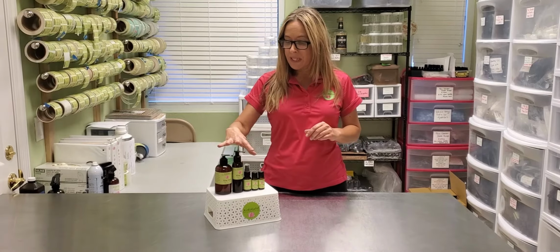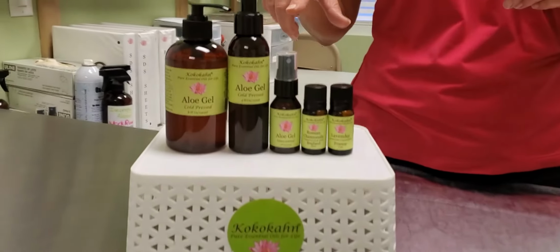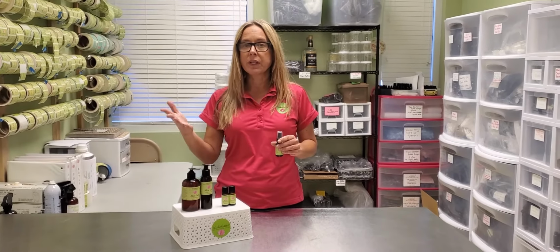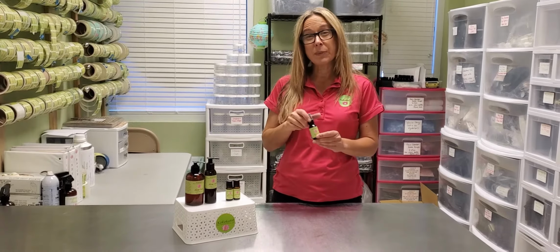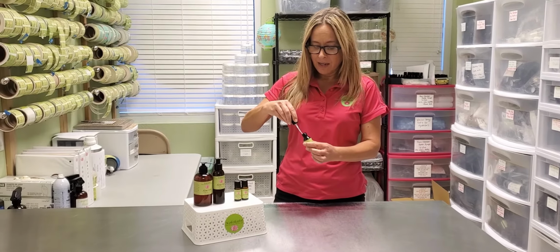We have 3 sizes of aloe gel here at CocoCon. The recipe I'm going to give you is in a 1 ounce size of aloe gel, so you can take the recipe, quadruple it, double it, however much you want to make with it. Here we have 1 ounce of aloe gel, which is about 2 tablespoons. And we are going to add